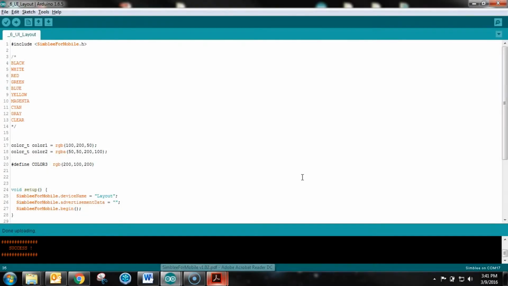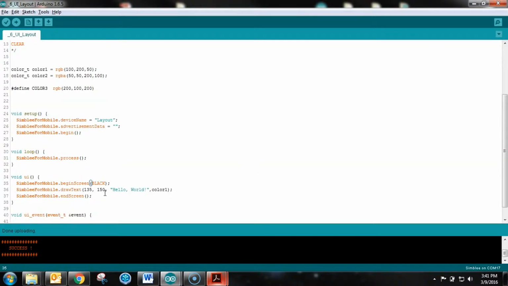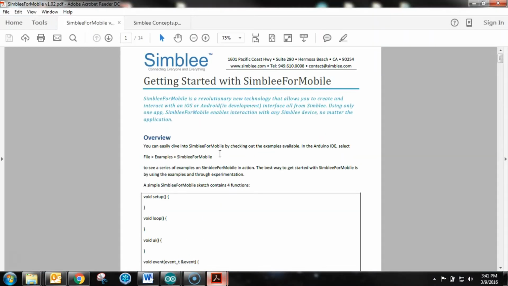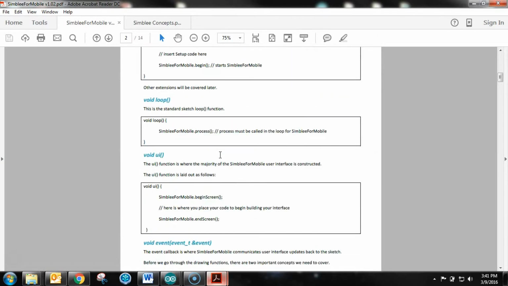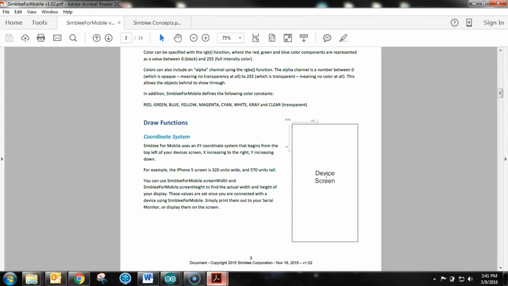Alright, so we've briefly touched on the coordinate system here. For example, here with the draw text function, we talked about how this is the x coordinate and this is the y coordinate, and this starts from the top left. So I'm going to pull up a picture from the Simblee for Mobile guide, the reference sheet, which I highly recommend you download. Down here on page 3,